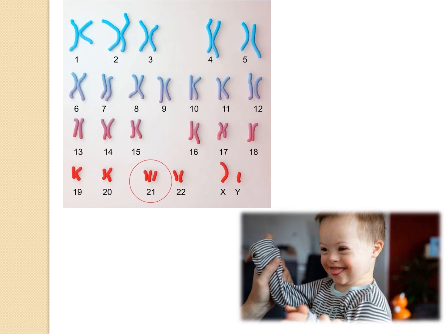Normally these children are mentally retarded and they have a short lifespan. That means they won't survive more than 20 years. 16 to 20 years is the life expectancy of such children. Other than this, mental retardation obviously is the most prominent characteristic that they show. They also have short height, a short wide neck, very short fingers, and very scanty hair. So these are the normal characteristics of a child who has Down syndrome.